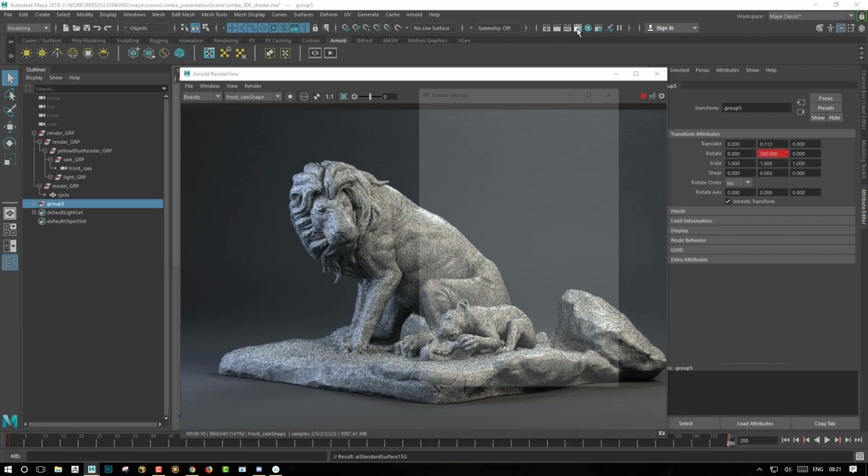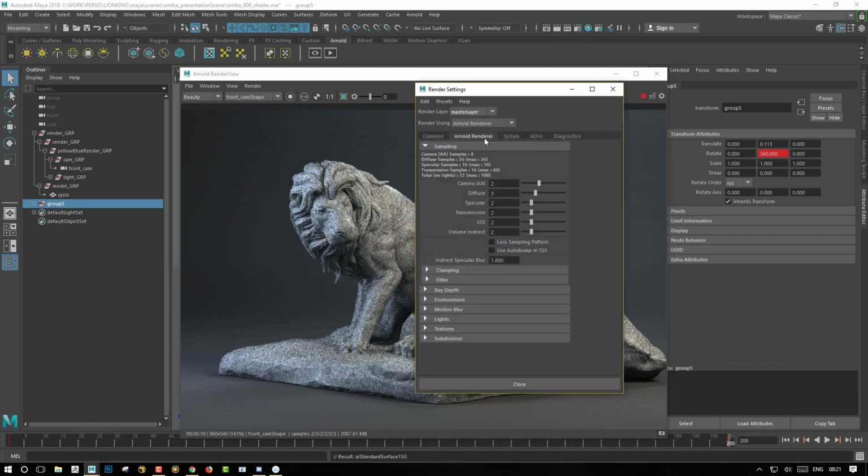So I will go into my render settings. I will go in this sampling here, and I can just maybe add some samples in the camera anti-aliasing sample.